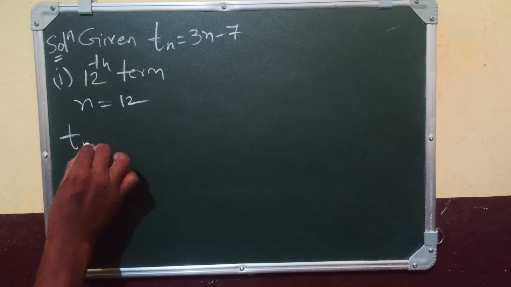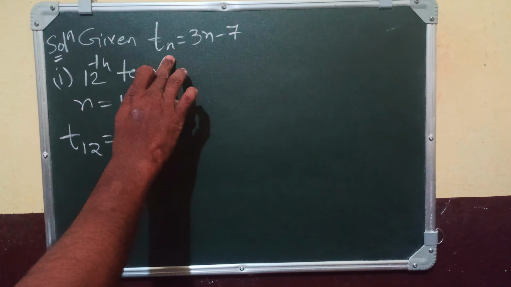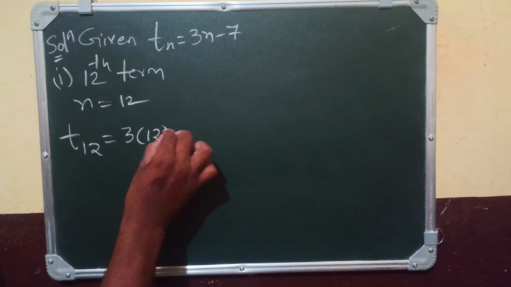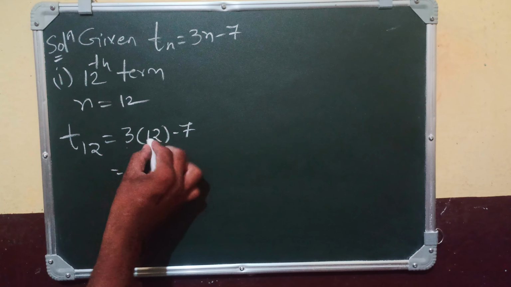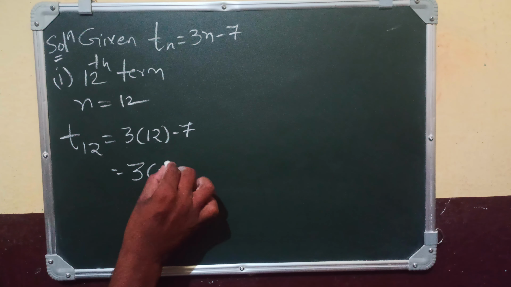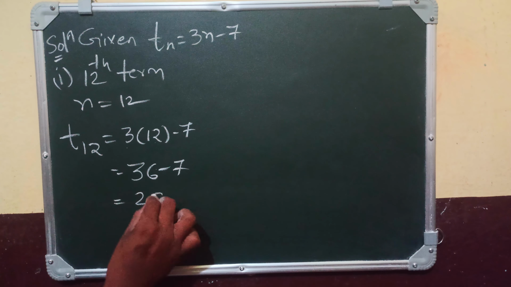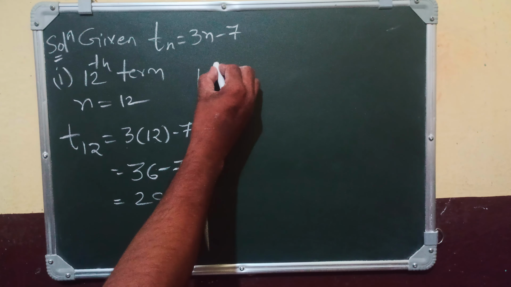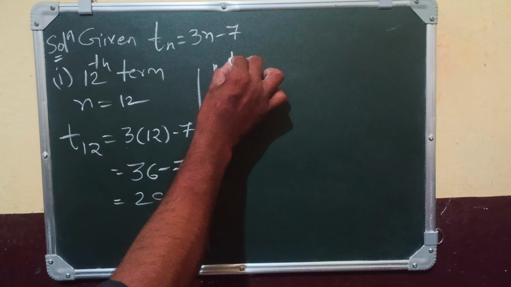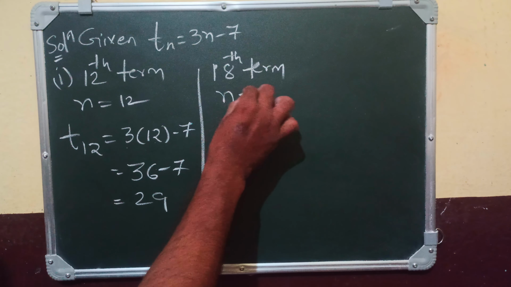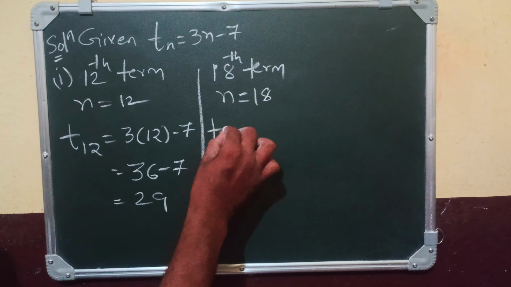T12, substituting 12 in place of n, is equal to 3 into 12 minus 7. 3 times 12 is 36, minus 7. You get the answer 29. The second one asks for the 18th term. So here n is 18, so T18